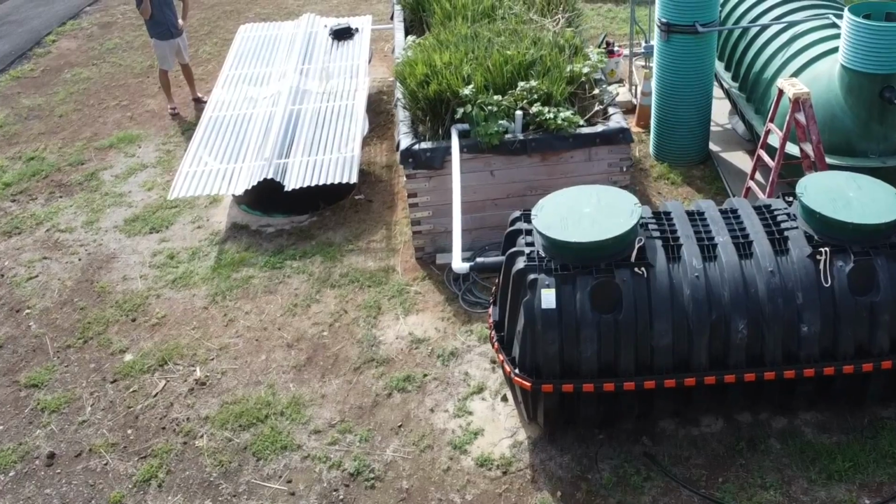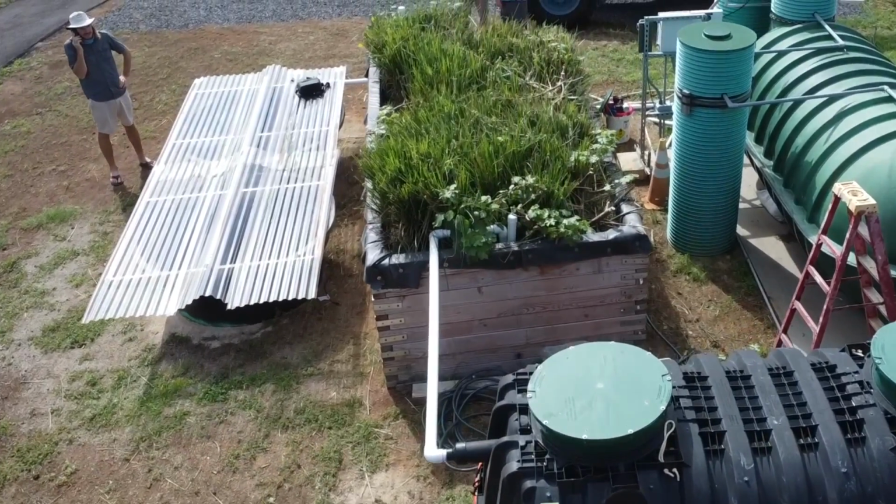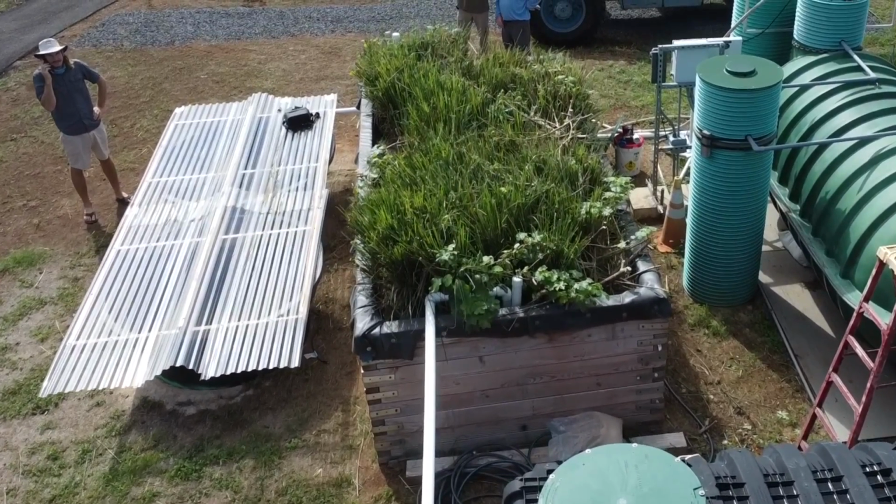So the golden grail for the longest time was to find a treatment system that treats it without electricity, but still to the same standard that aerobic treatment units treat it to. And luckily, with Ridge to Reefs, we found a nonprofit that is able to do just that. And so we tested their bioreactor garden, which is a type of constructed wetland. And this treatment system, by means of natural mechanisms with bacteria and plants, treats the wastewater that comes out of